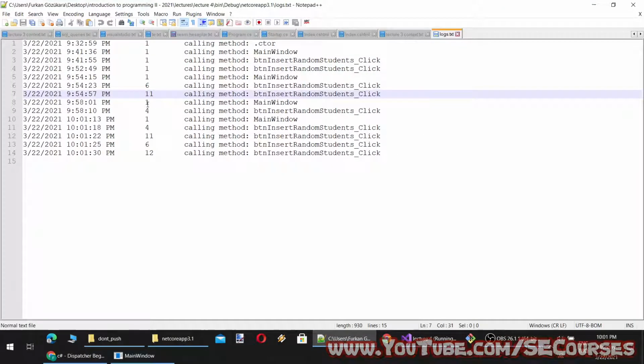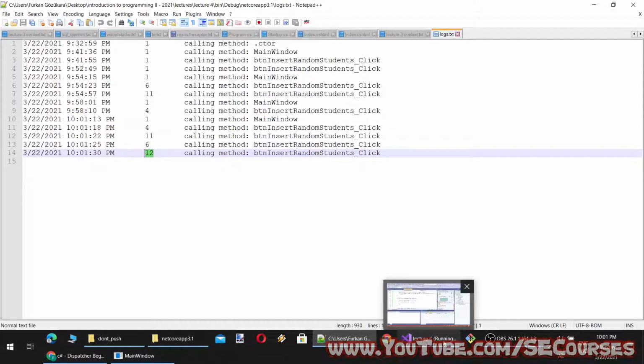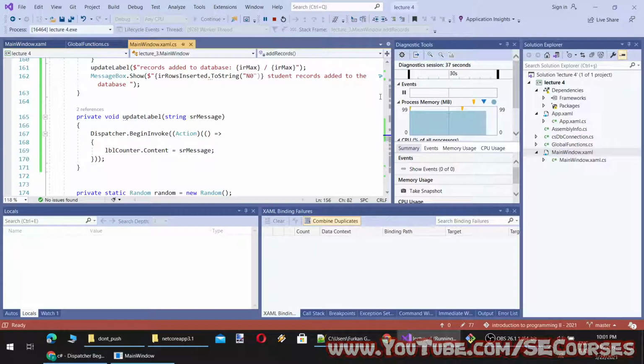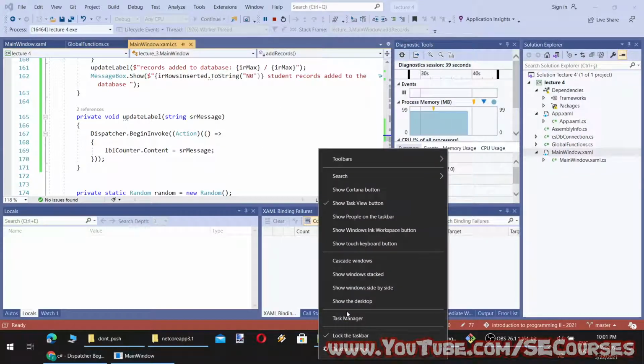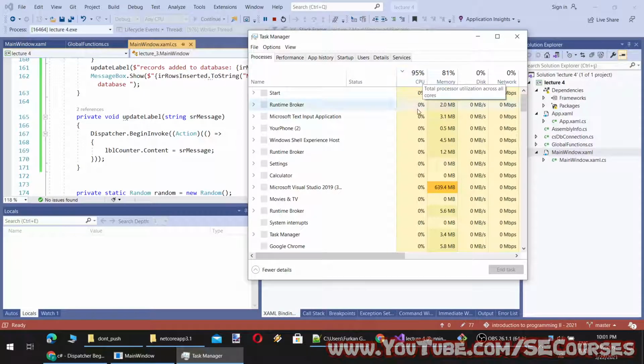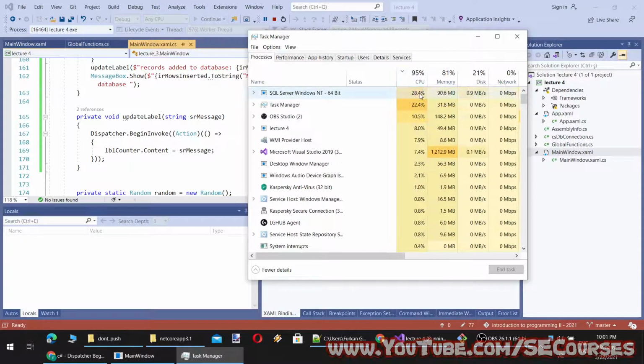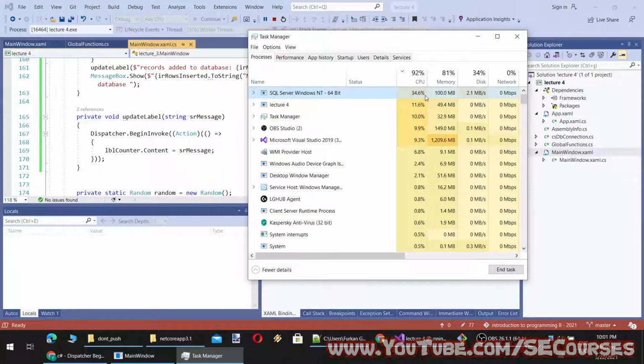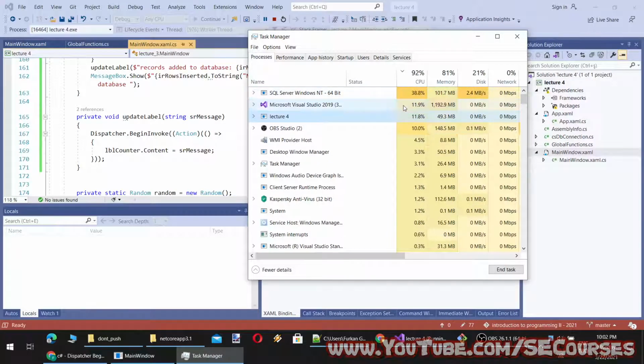And when we see the thread IDs 1, 4, 11, 6, 12, each one is starting differently, and all of them are getting handled by the SQL server. So when we check the CPU usage, we can see that SQL Server is running high. Our application is running high on CPU.